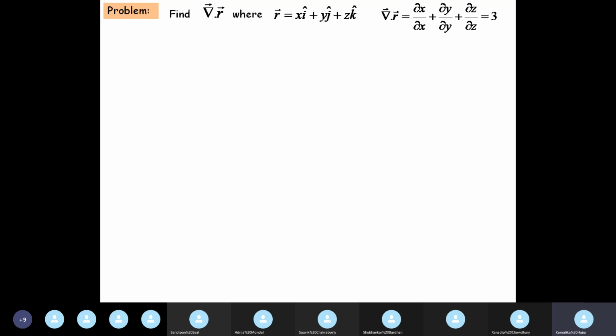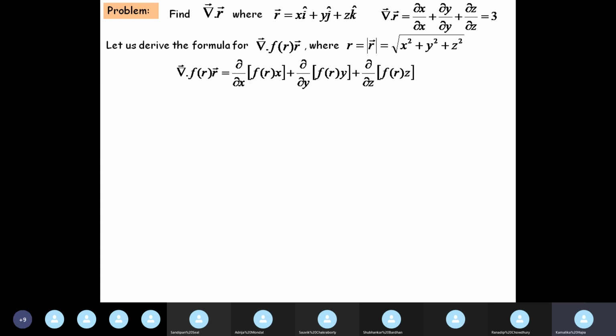Here we won't spend time, as I told you I am a little short of time today. We will directly derive the formula for the divergence of any function of r with the position vector r. Since divergence is of a vector, it doesn't make sense to take the divergence of f(r), which is a scalar. You can take the gradient of f(r), but for f(r) r vector, what will be the divergence, that we will find out, where of course r is the magnitude of the position vector, root over x square plus y square plus z square.